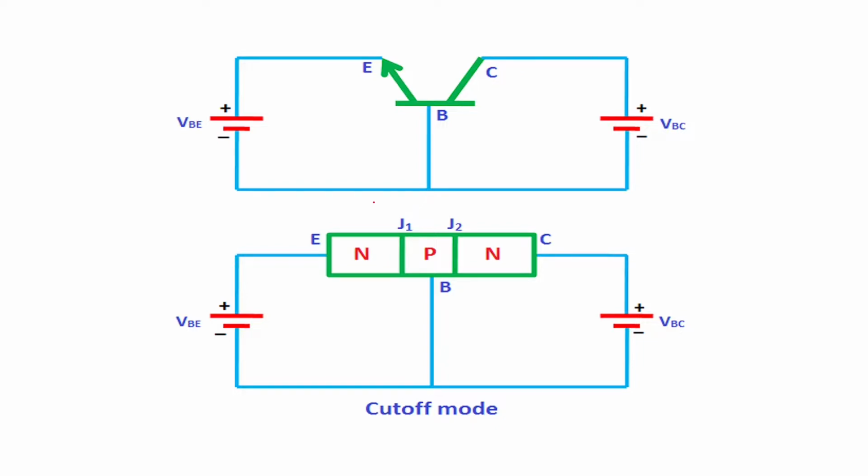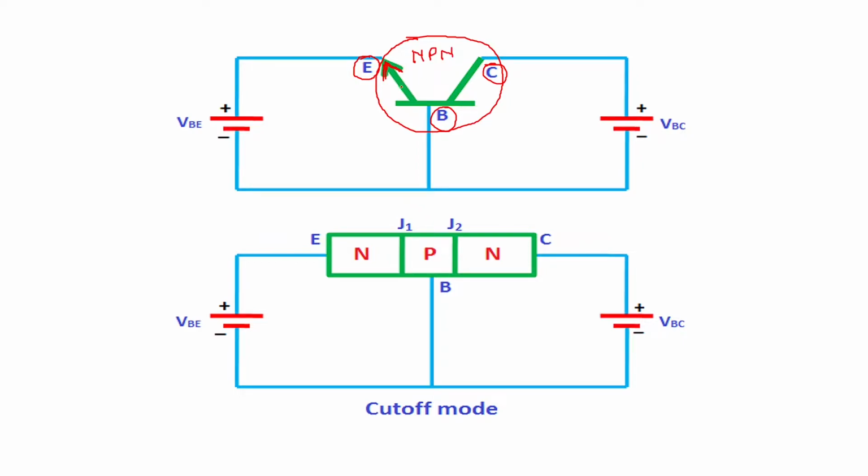So next we will consider these three modes in a configuration of common base. Here I have shown you the circuit. The first circuit shows the circuit with symbol. So here you can see the symbol of transistor. Now in the symbol of transistor, this is emitter, this is base, this is collector. And you can see here the arrow is going outward. The arrow going outward means this is an NPN transistor.